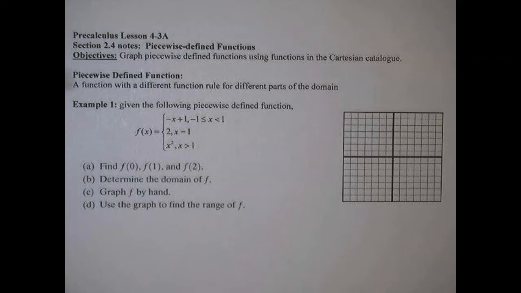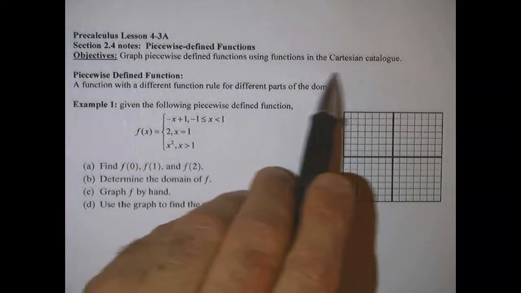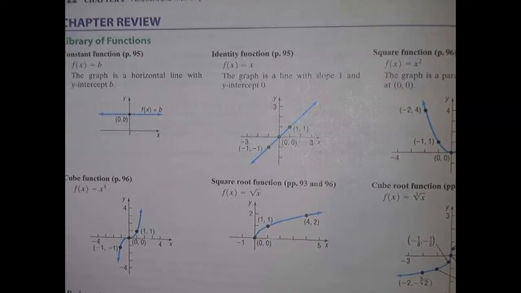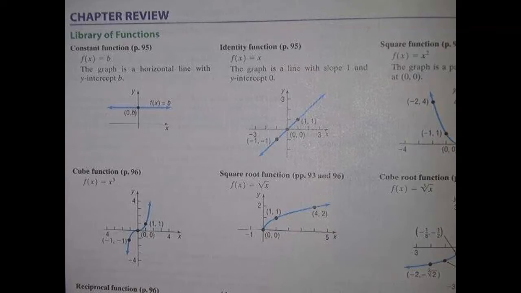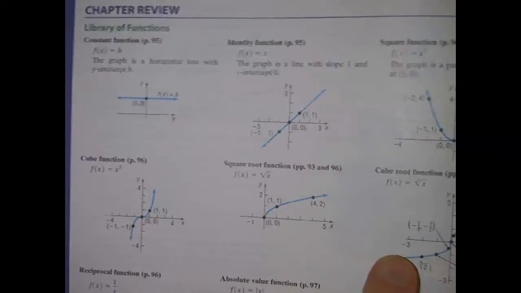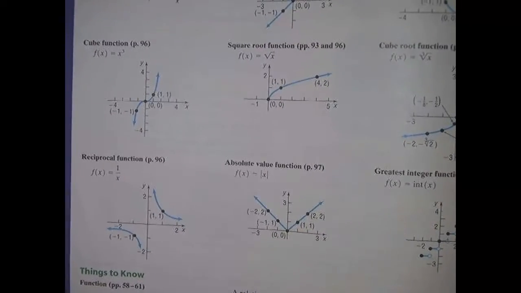This is the third video on piecewise defined functions, and the ones that we had before were focused on linear functions only. And as you can see, the objective here is to get anything in the Cartesian catalog. The Cartesian catalog is nothing other than what you have in the Chapter 2 review, which is just a catalog of the parent functions that you all are familiar with by now, including constant, identity, square, cube, square root, cube root, reciprocal, absolute value that are down here, and then